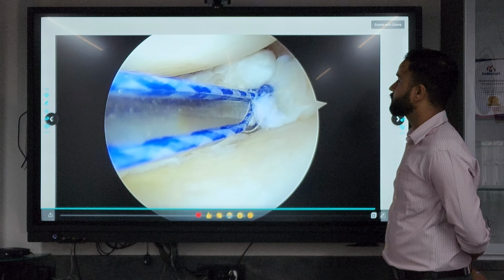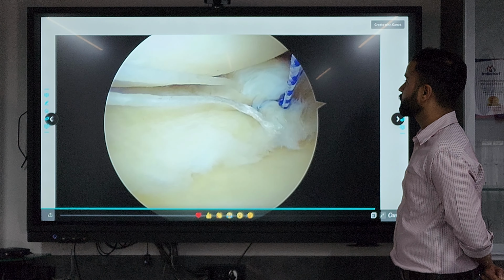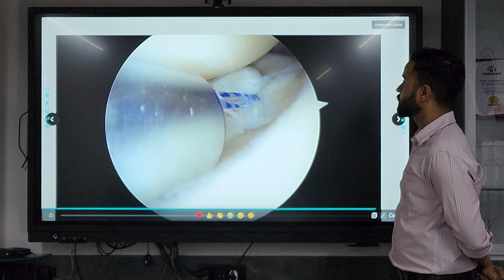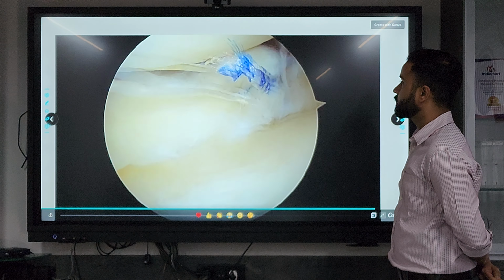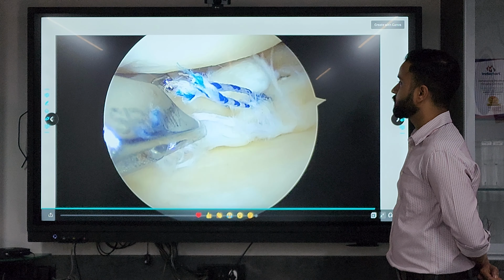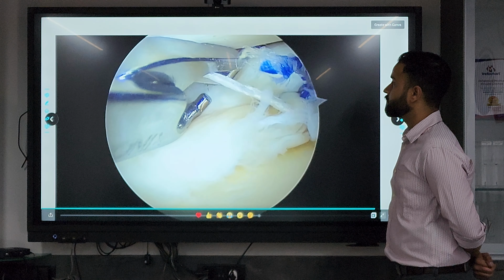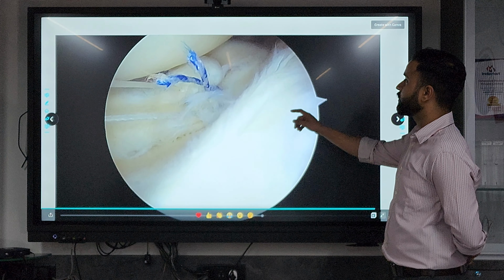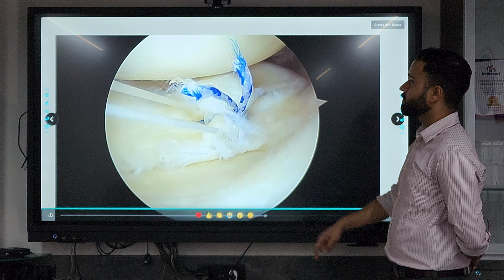This is the other knot. In a similar fashion, we tie knots for the other one also, just tying simple sliding knots.